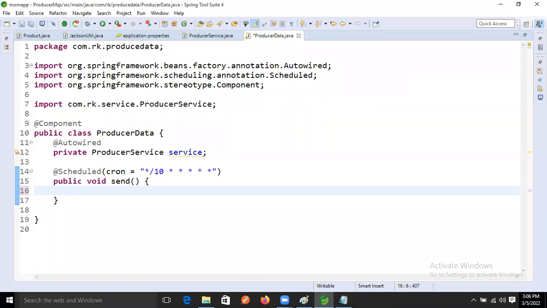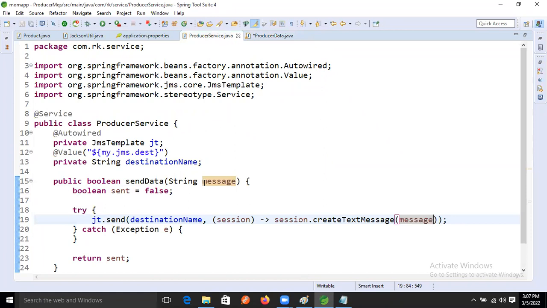But in this development, one problem is there, guys. Because the send data will take the argument as a string in the service logic, this method wants it. Today I will give a very good example of overloading in real time, where we will use the overloading concept in our project.